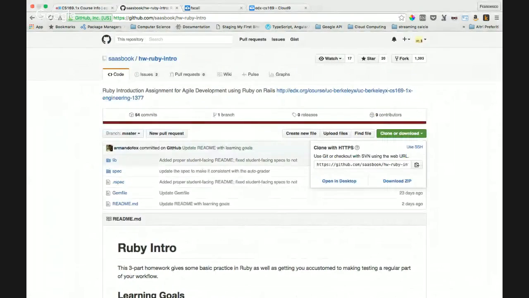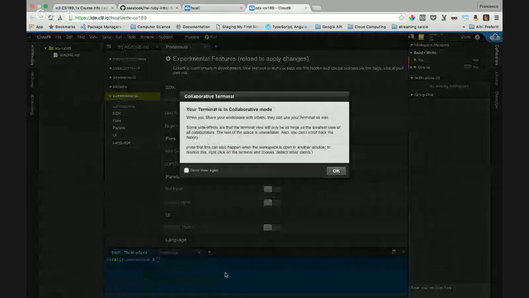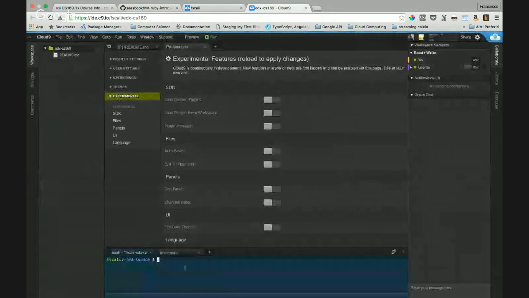I don't know. Perhaps I still haven't set it. Let me see. Perhaps I still have to set my global username and email. Git config. Is it git config? Perhaps.